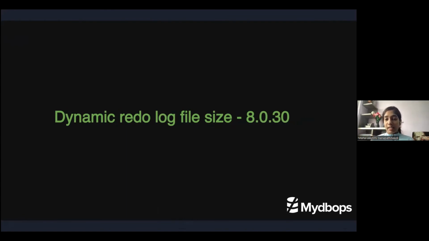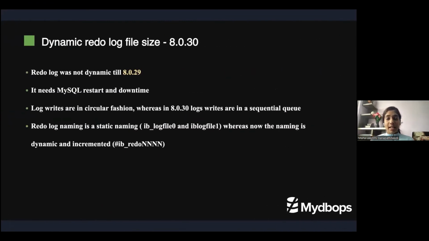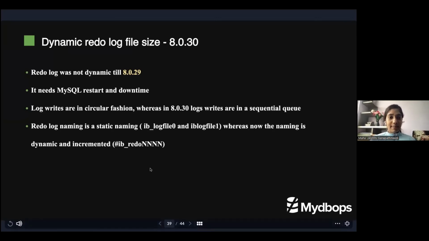We sometimes want to increase the redo log file size, but we require downtime and a MySQL restart. Till MySQL 8.0.29, to do this we needed a MySQL restart, and we had only 2 files, where the 2 log writes are in a circular fashion. Here in 8.0.30, InnoDB tries to maintain 32 redo files. In that, the writes are in a sequential queue and the files are getting purged. You will get a better idea